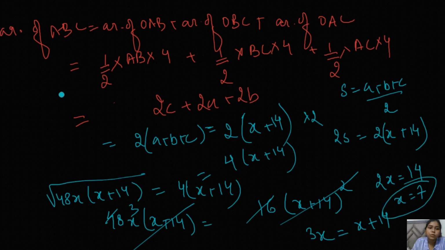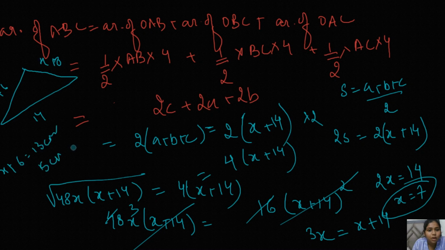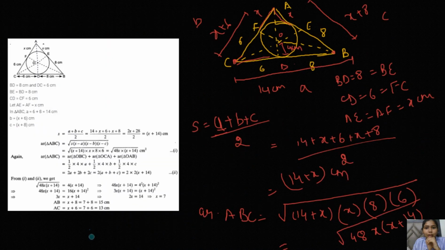Right. So by this we have considered, this was our picture, this was our x plus 6, this was our 14, and this was x plus 8. So this particular side x plus 6 was considered as 13 centimeters, and this particular side will be considered as 15 centimeters. I hope that's clear, how you have to solve these types of questions. So I'll be writing here that on page number 8 you will get the continued version of this question, right?